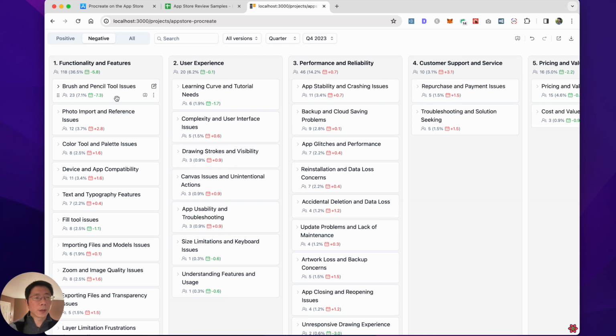So this means this brush and pencil tool in this quarter actually does a better job compared to the previous quarter, Q3 2023, because there were 16 customers, or 14% of the customers, who complained about the brush and pencil